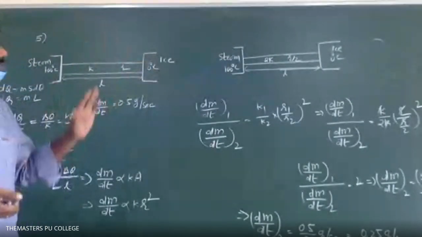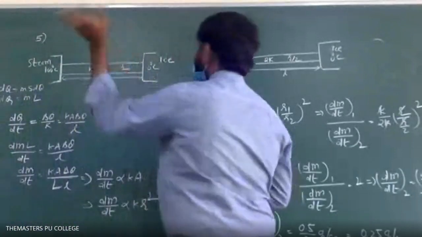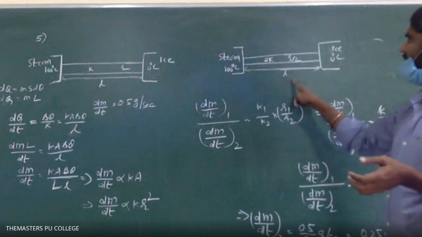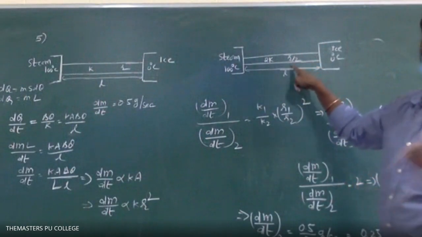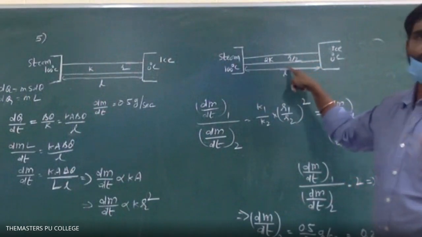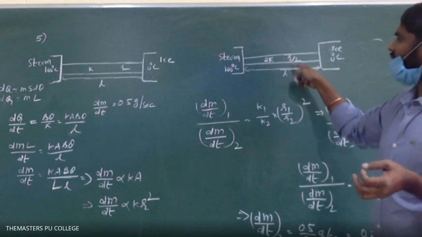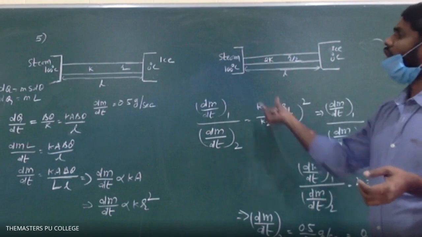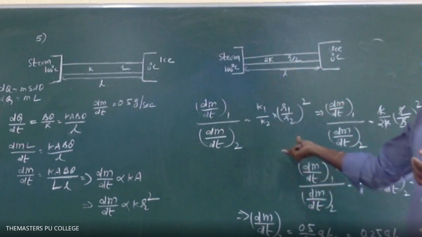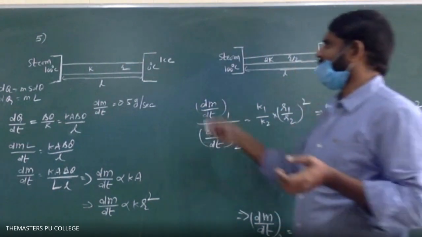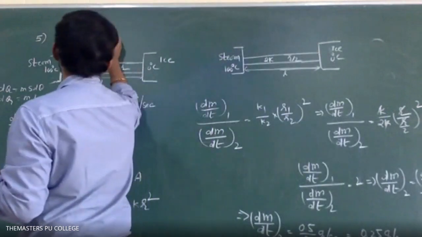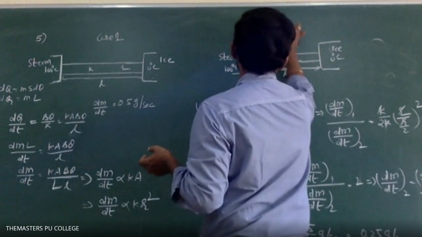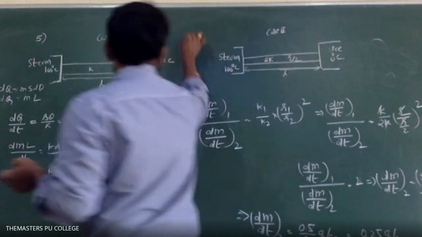Now, if the rod is removed and replaced by another rod, which is of the same length but the radius is half, you can take diameter as radius here. The radius is half and the thermal conductivity is 2 times that of the earlier one. Now, how much ice will melt every second in this case? This is about case one first. Okay, so this is about case one, and this is about case two. Okay, so therefore, here it is.